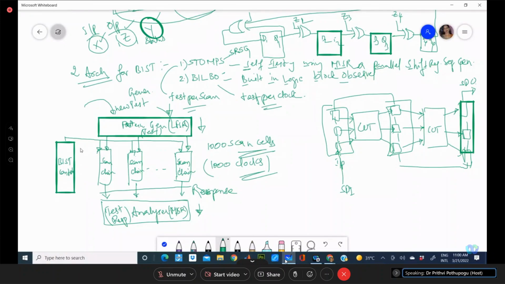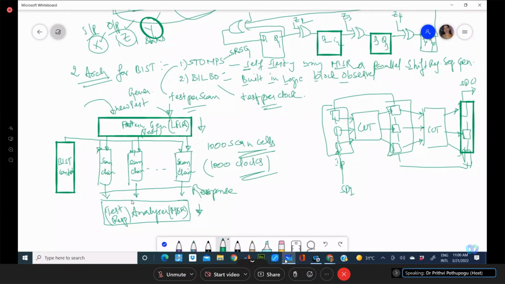Okay, filling the chain and scanning out, or the parallel loading of this analyzer can be done. Inputting and parallelly testing the response can be done. That cuts short some time of the testing. Okay, so this is something what we